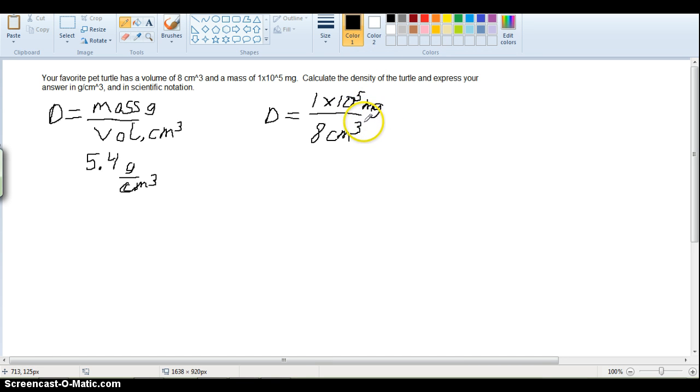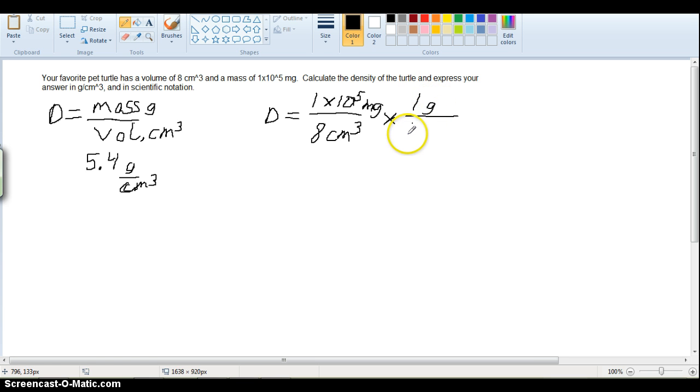Now when you're going between units, when you're doing unit conversions like this, a good way to do it is to cancel out the units. And so to do that, the units have to be on opposite sides of the fraction. One has to be in the numerator, one has to be in the denominator. So if we have milligrams in the top, to cancel it out, it has to be on the bottom of a fraction. And so we can do that by using a conversion like this. We want milligrams on the bottom, and we want to get it to grams. Grams is on top. So let's do 1 gram